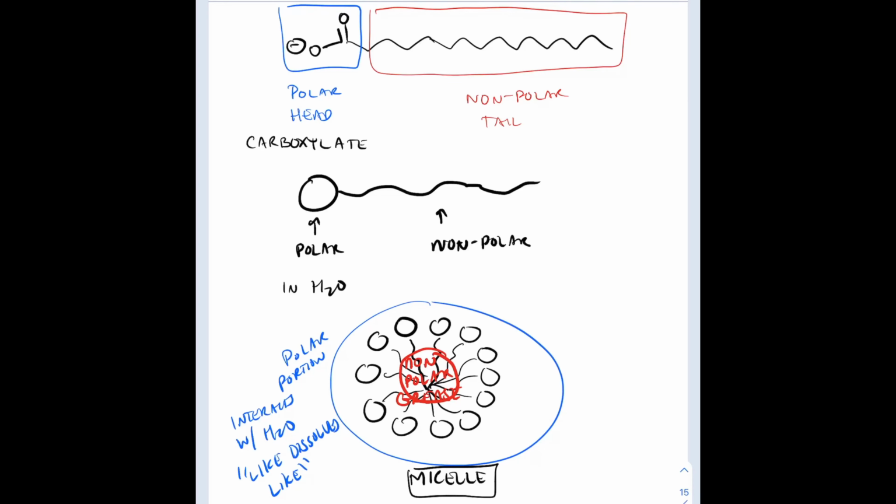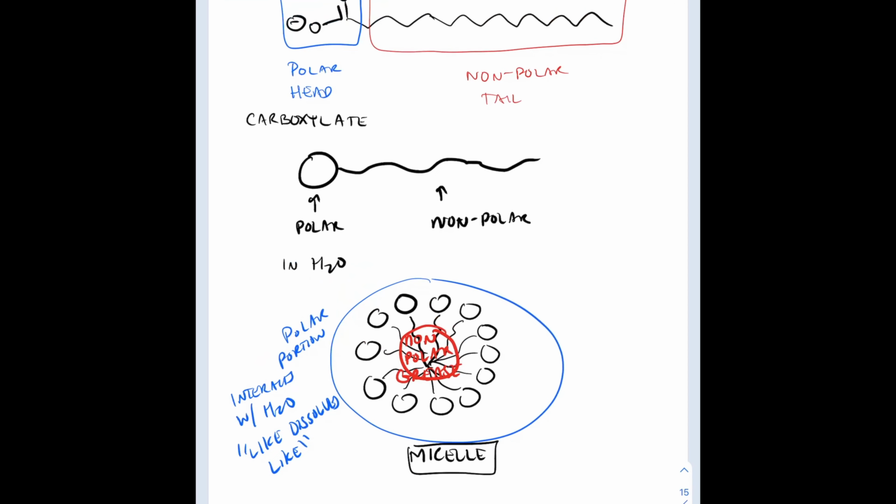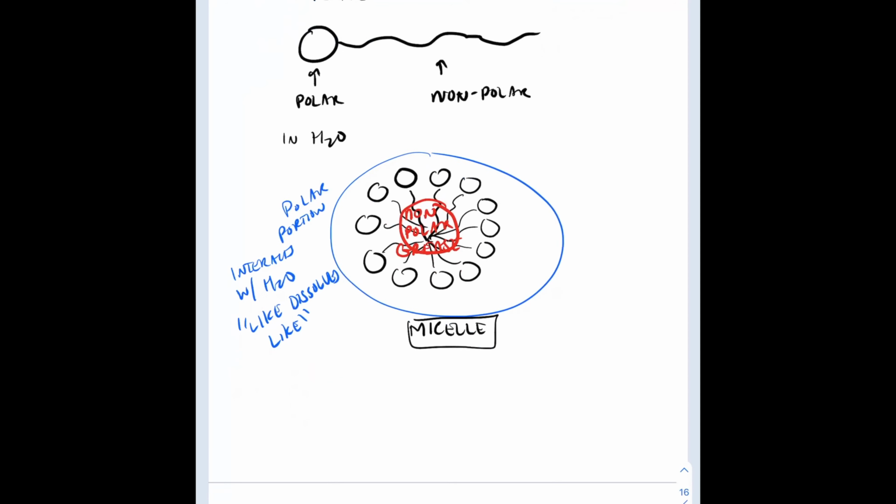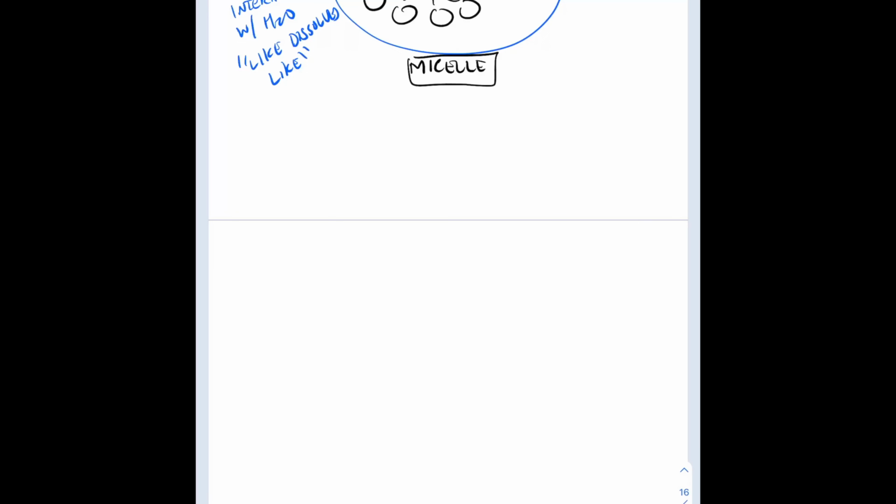So there you have it. Since we're also on the topic of polar and non-polar heads and tails, you might also be familiar with how this concept comes into play for cell membranes, right? It's a little bit different in that the polar head is structurally different. However, we do have a non-polar tail, which is basically just carbon-hydrogen, a carbon chain or skeleton, right? And so for cell membranes, what we have is